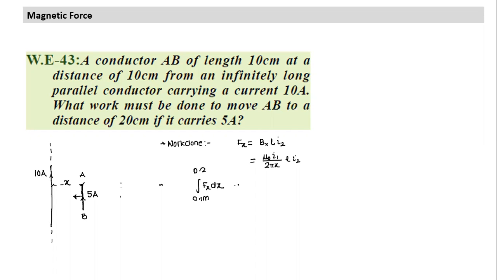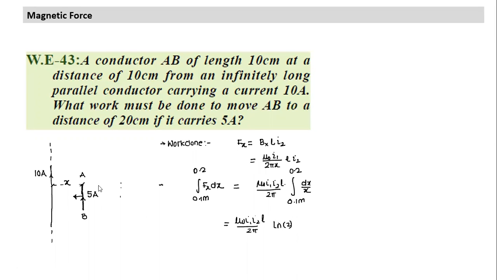Okay, so that's what the integration is. Since the directions are not given in this question, they're only interested in magnitude. So we just solve it and take the magnitude. It's a fairly simple one. It is mu naught I1 I2 L divided by 2 pi, times the integration of dx by x from 0.1 to 0.2, which comes out equal to log 2. So this is fairly simple. Mu naught I1 I2 L by 2 pi, log to the base 2.